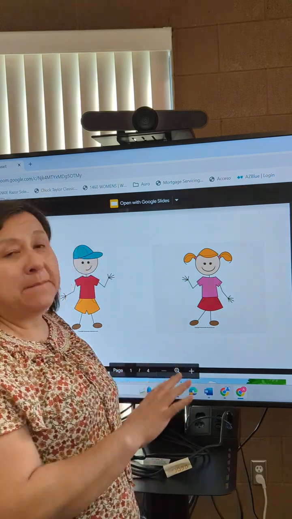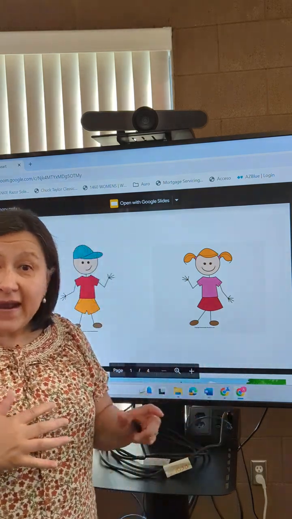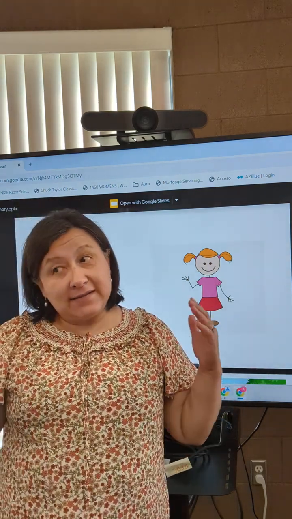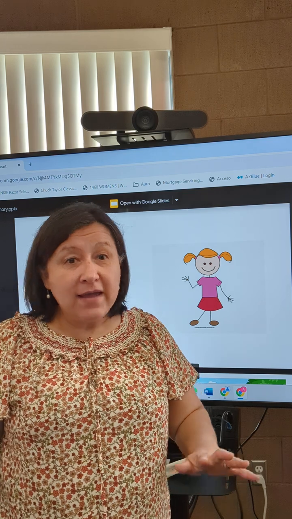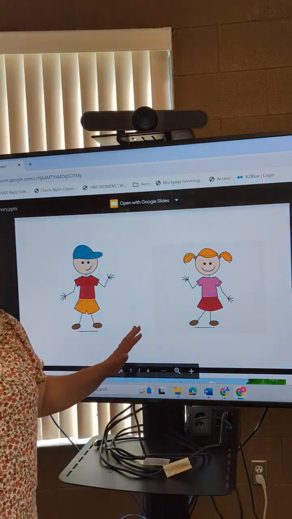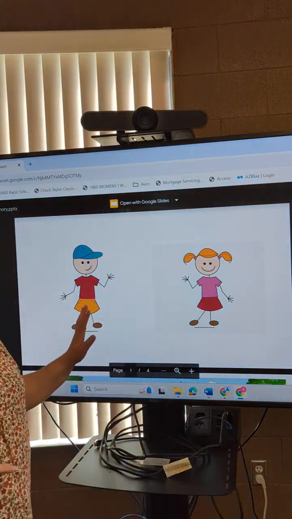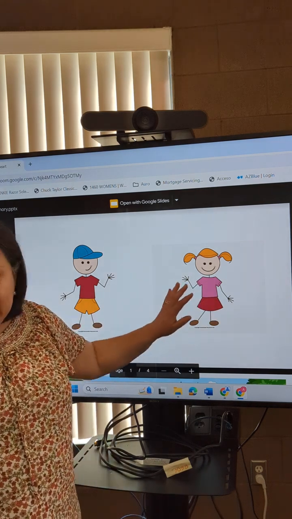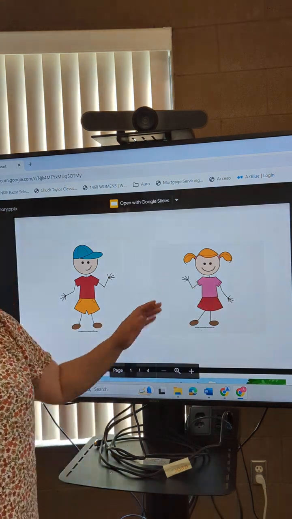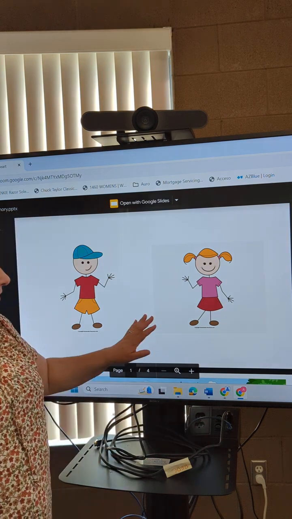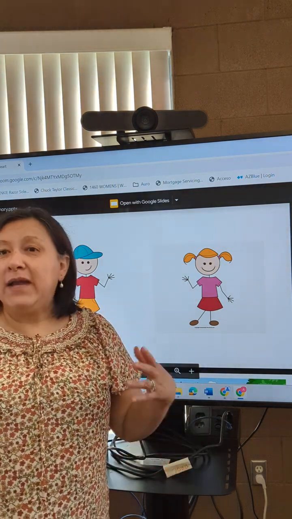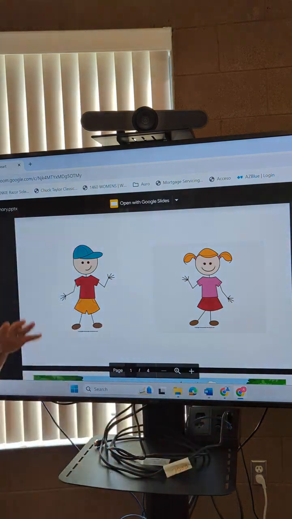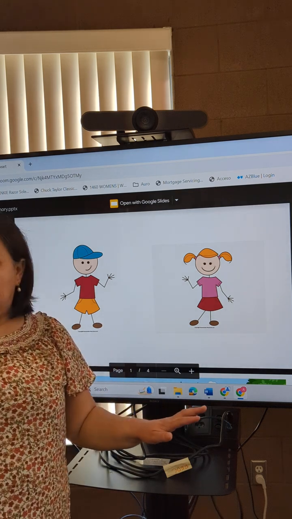So I have some pictures here. I want you to look at it, and you're gonna see what we're talking about, okay? So what do we have here? Yes, we have a girl and a boy. So this would be me, right? And this is when I was a kid. When I was a kid. What else does this picture tell me?